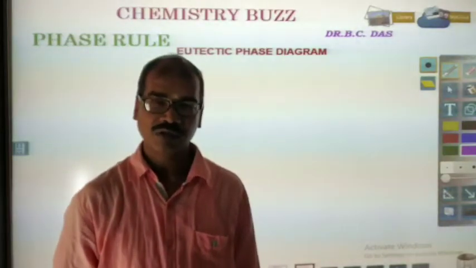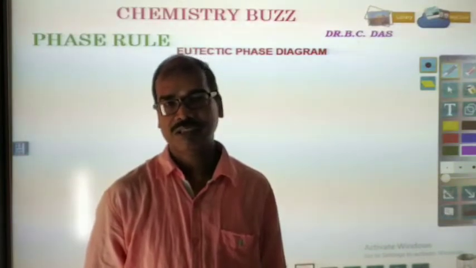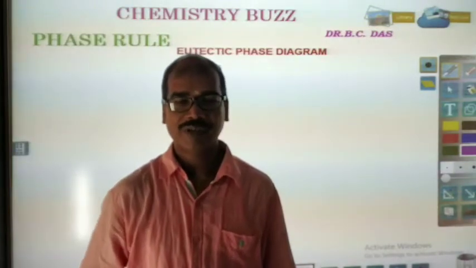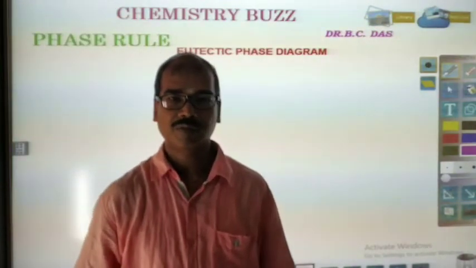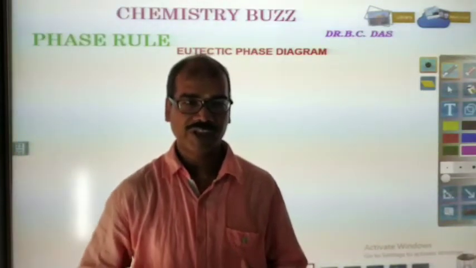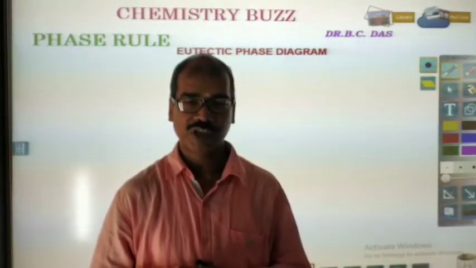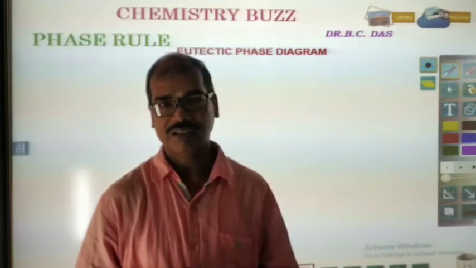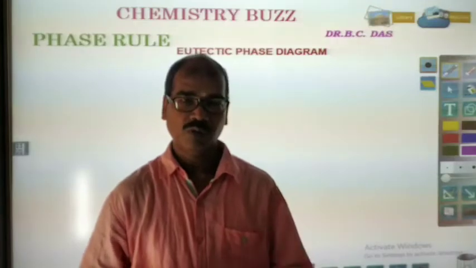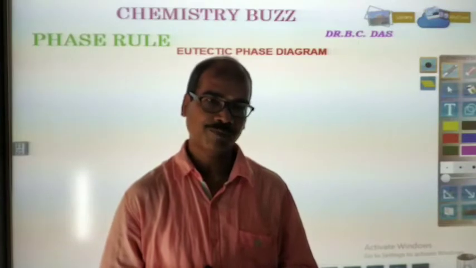In the last video, I discussed the eutectic and its formation. The eutectic concept is a two-component system. In a two-component system, the two solids mix in their fused or liquid state, and there is no chemical reaction among themselves. So they form a eutectic, that is, an easy melting point.